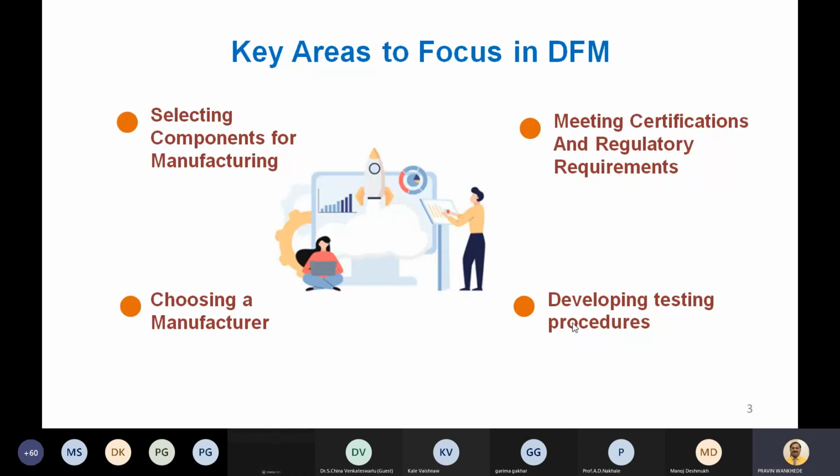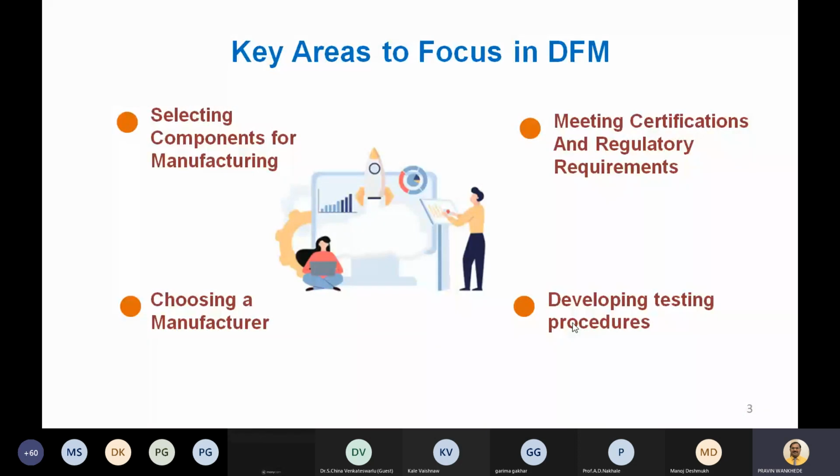Lastly, we have developing the testing procedure, or developing your assembly line. When manufacturing begins, you need to be able to test the product coming from the assembly line. That is what we call quality assurance. So you should already plan in your mind the different testing procedures you need to do with your product, how to debug if there is a fault, and how to check the product after it is finished.